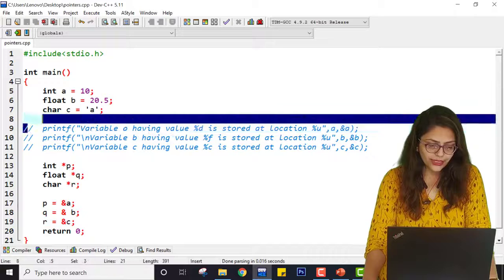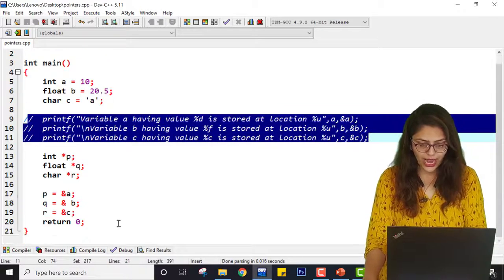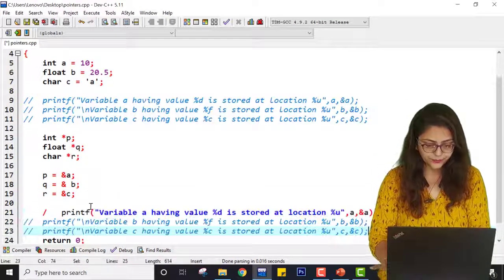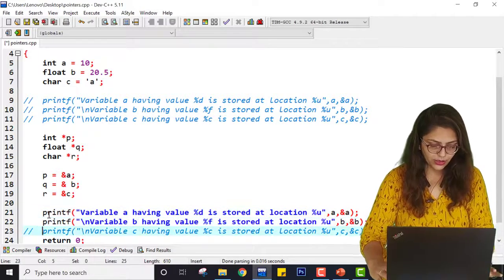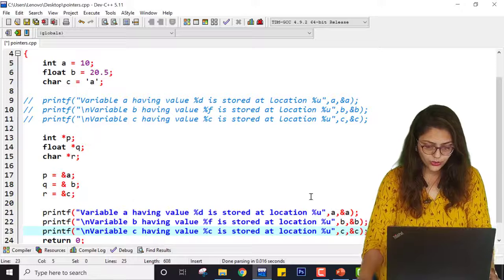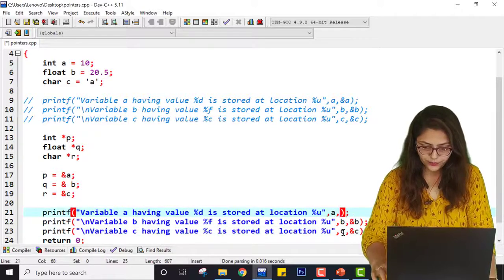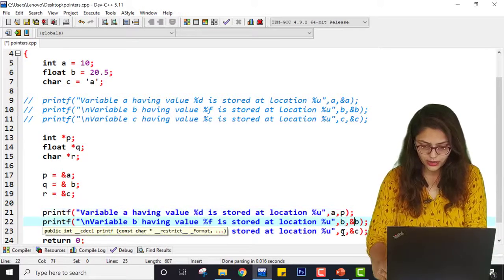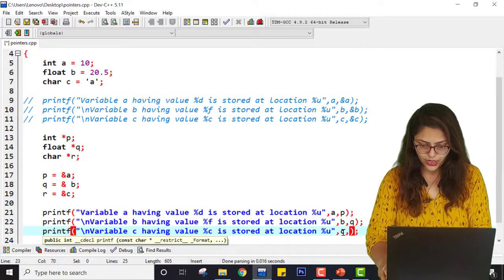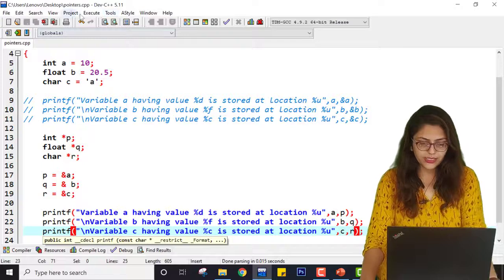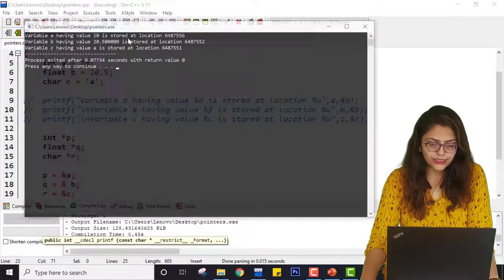So instead of writing this entire statement, I can also write, I am just modifying it a bit, here you can write p, here you can write q, here you can write r. So let me save this program, compile it and run it.